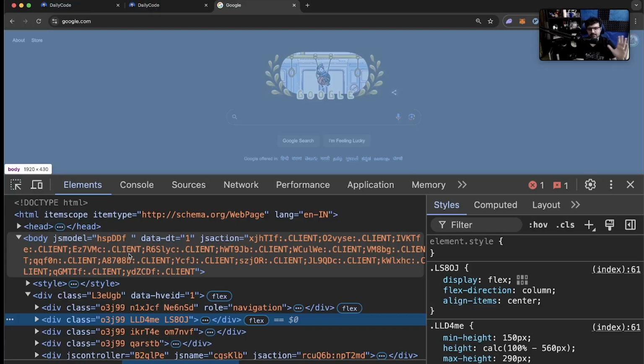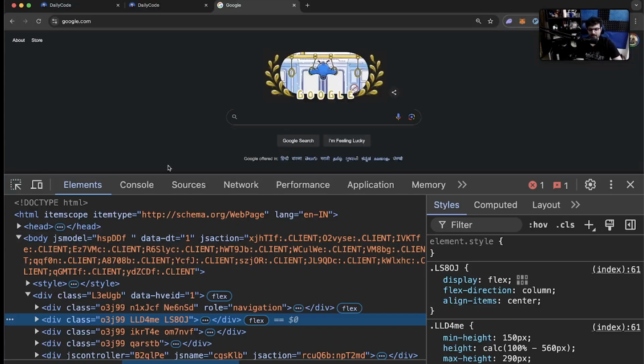So you might ask, Kirat, then the HTML is enough. Why do you need CSS and JavaScript? We will get to that. But if you remember from yesterday, to make your page look a little prettier, you need CSS. And to do some extra things, you need JavaScript. What that is, we will come to eventually.